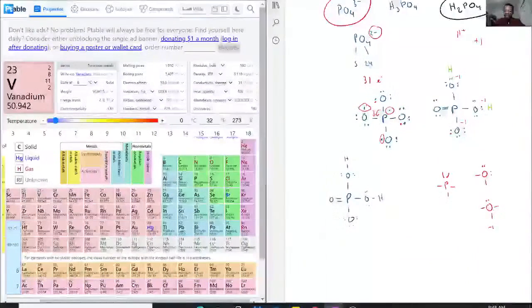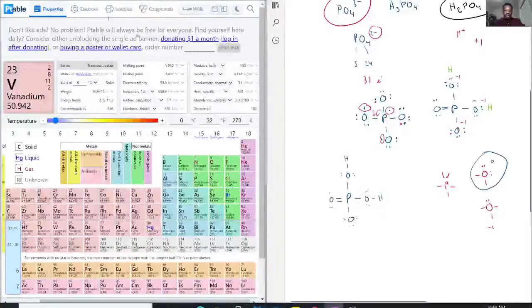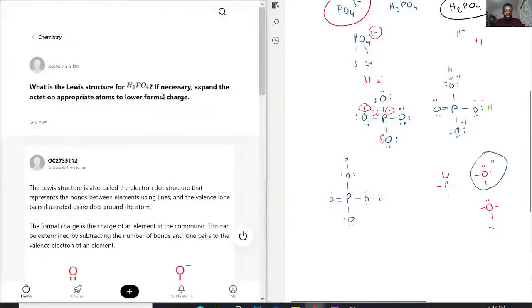Now, as you can see here, the oxygens that were attached to hydrogen now have a formal charge of 0 again because they have 2 lone pairs and 2 bonds, which will be the one described right there, okay? So now we've drawn the Lewis structure, and we did expand the octet on the phosphate ion, and that is how we were able to lower the formal charge because now the phosphorus has 0, the oxygens all have 0, and the only one that doesn't have